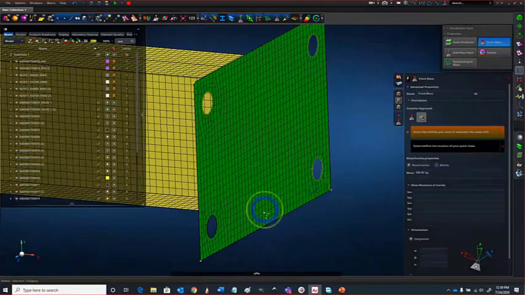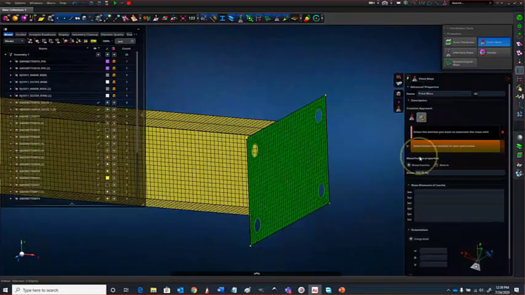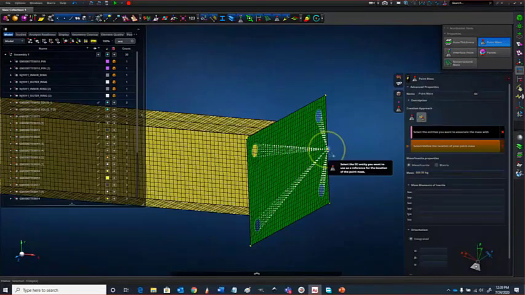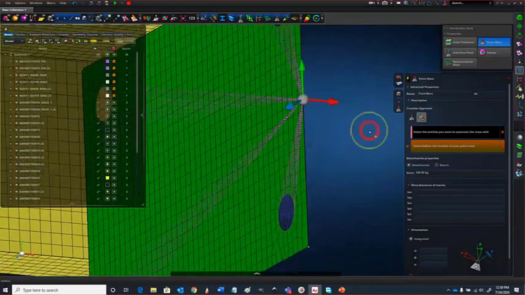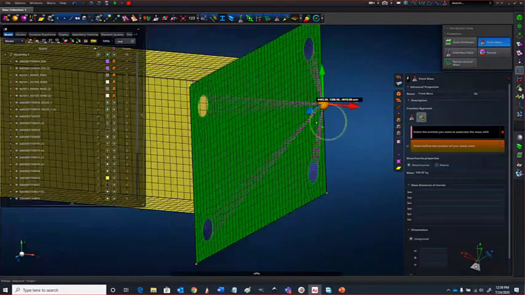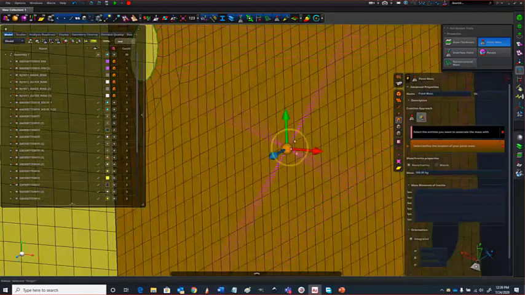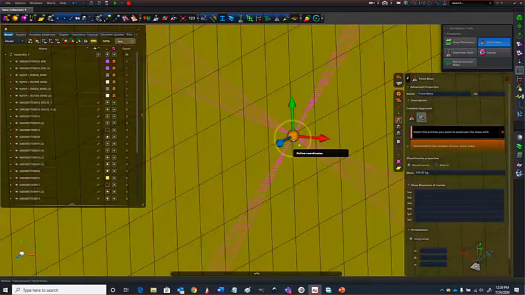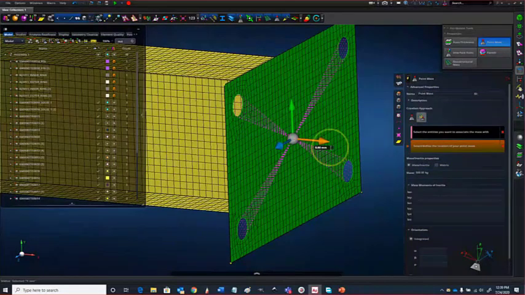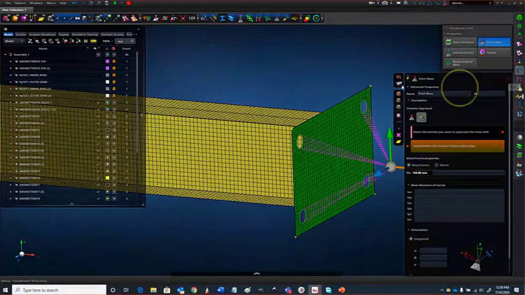So I'm selecting those edges, moving on to the next stage. Now it asks me to locate the point mass. Now there's nothing to put in this area, so I'm just putting it at any location, and then using this button over here, I'll be picking the center of this face over here, which highlights. And then I'll just simply type in an offset value over here that I want. Okay, and that is how you